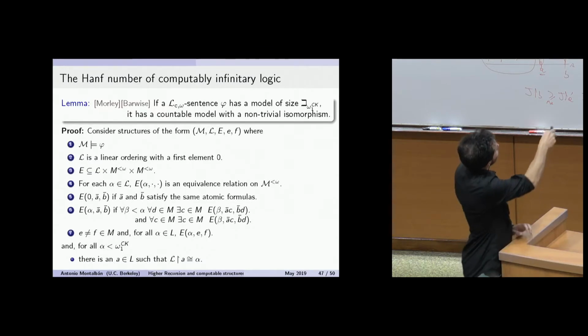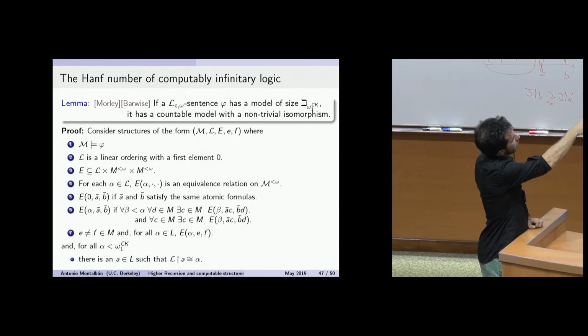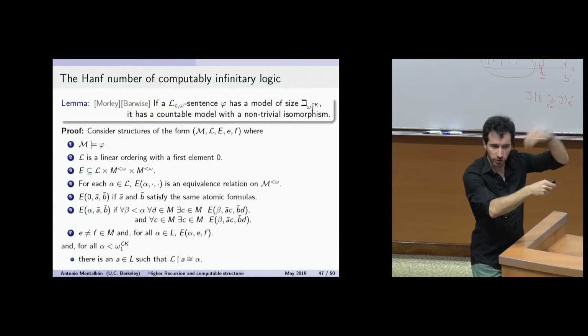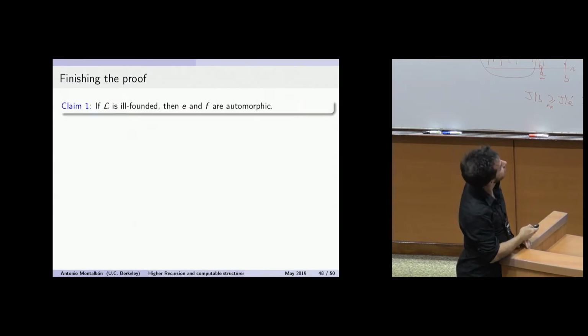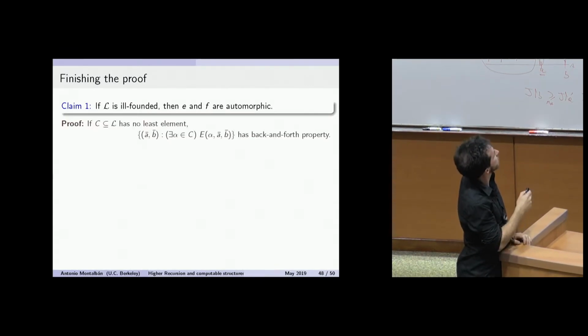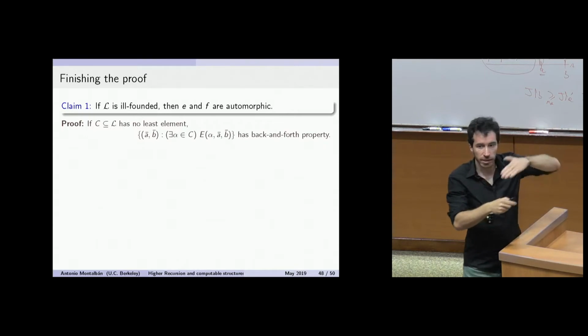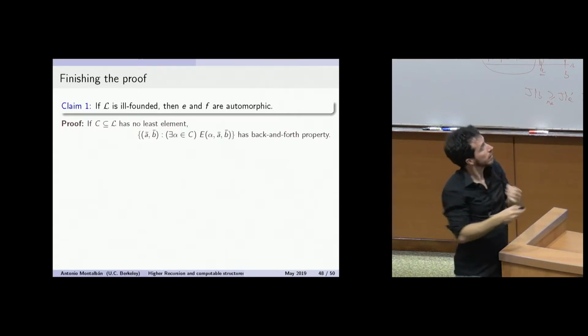Right, so E and F are two constant elements that are related in this equivalence relation all the way through. If L is ill-founded, then they must be automorphic. The reason, this is a little sketch: if it's ill-founded, there is a set that has no least element, a subset of the linear orderings. All the things that are related, using some pseudo-ordinal in this non-well-founded part,